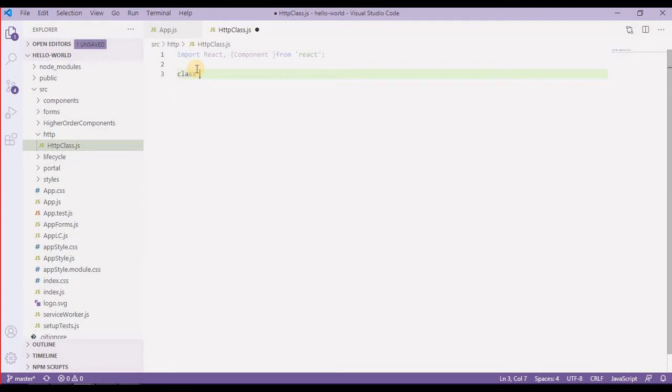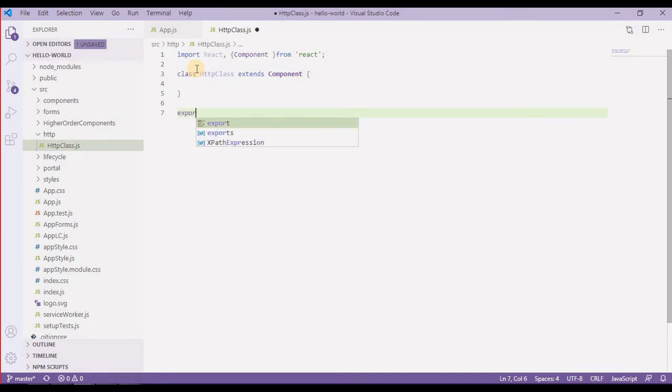So class HTTP extends Component, and I will export this class. So export default HTTP class.